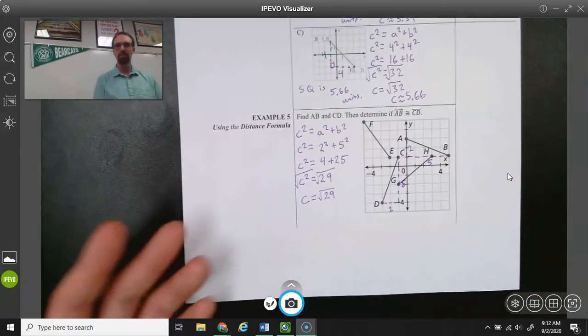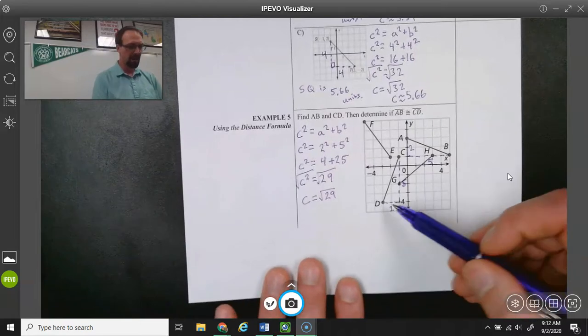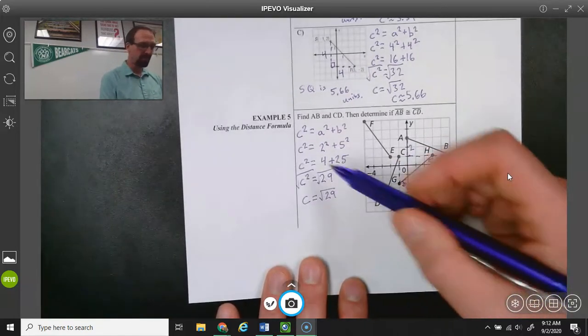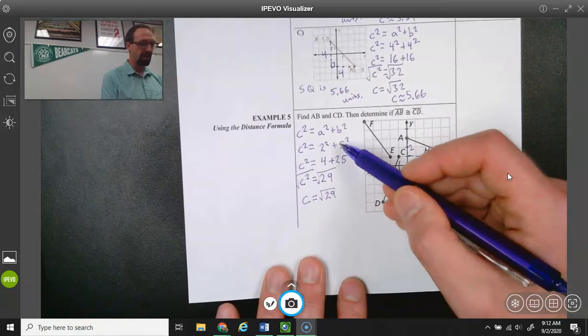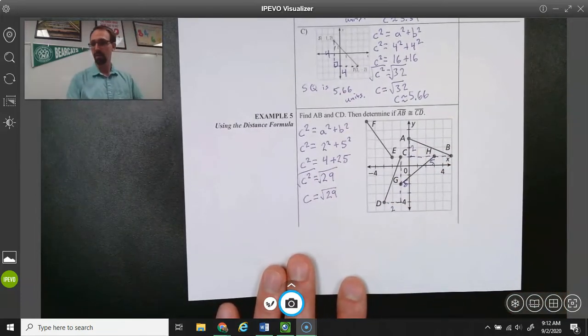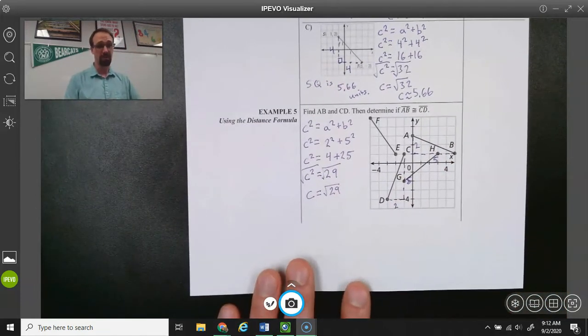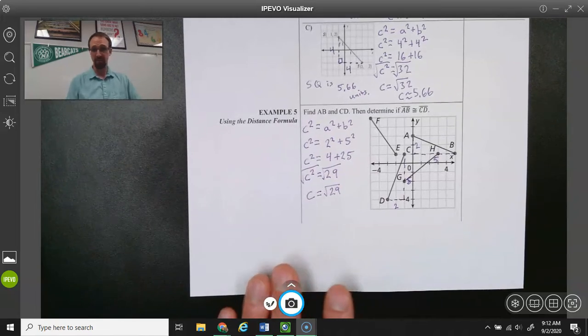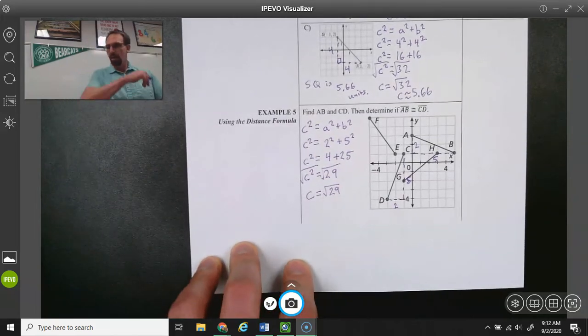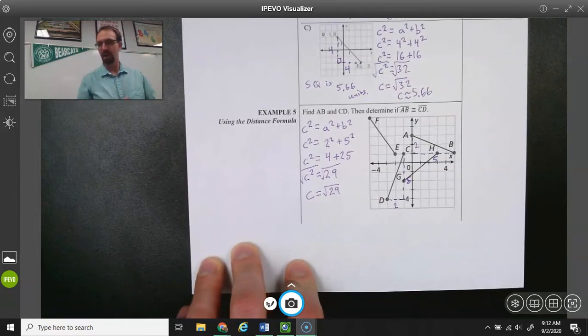How do I know that? Well, because it has the same values. Remember, order doesn't matter. If I put 2 in the A spot, then 5 is in the B spot. Or the other way around, if 5 is in the A spot, 2 is in the B spot, and we get the same result. So what happens is we created 2 triangles that are exactly the same. So I know that AB,